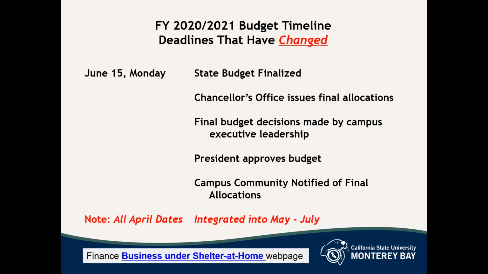I will say, keep in mind, this is kind of an arbitrary date to some degree, just because we don't know where things are going to end up. The tax revenues have been moved to July 15th versus the April 15th date. So there may be some fluctuation on some unknowns in terms of what the state is aware of in terms of their revenues. Plus, we don't know what our current situation is going to do to our budget as well. So we will continue on with this timeline until we know more.